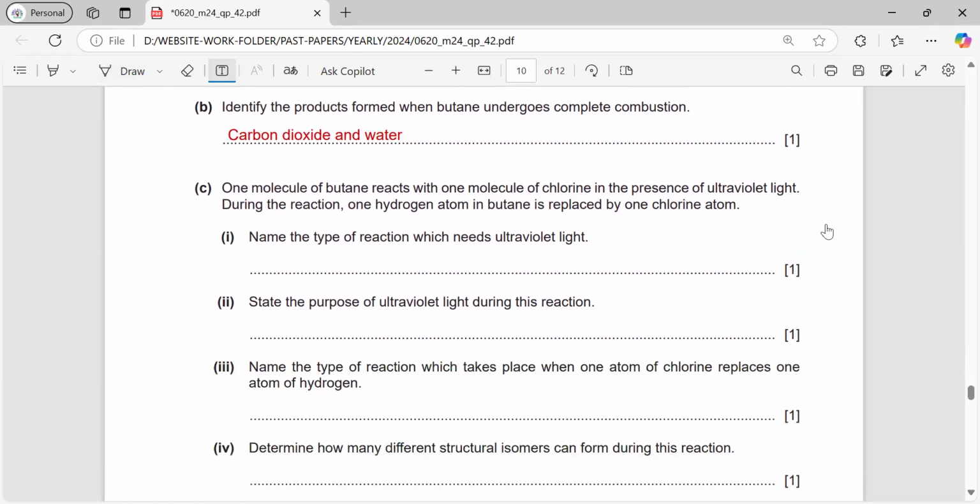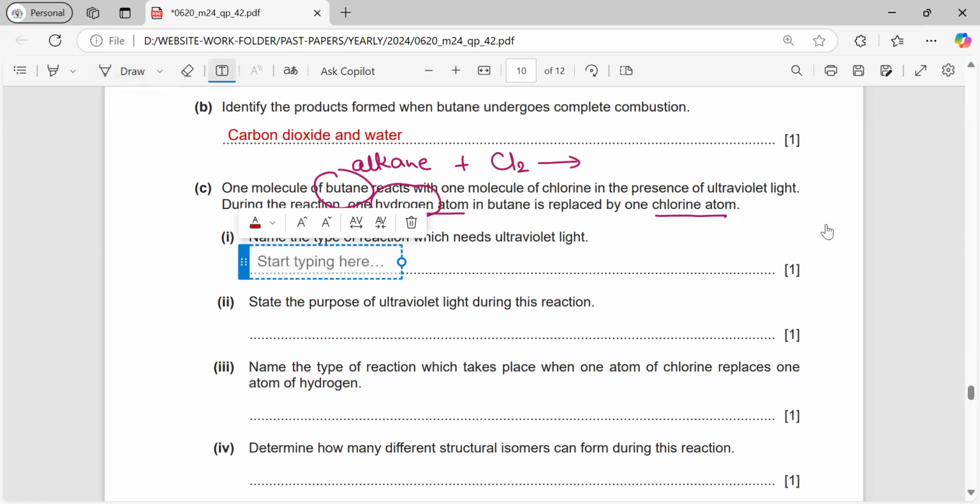One molecule of butane reacts with one molecule of chlorine in the presence of ultraviolet light. During the reaction, one hydrogen atom in butane is replaced by one chlorine atom. Butane is an alkane, and when an alkane reacts with chlorine, there is a specific type of reaction in which chlorine displaces one of the hydrogens of the alkane. Name this type of reaction. This type of reaction is called a photochemical reaction,